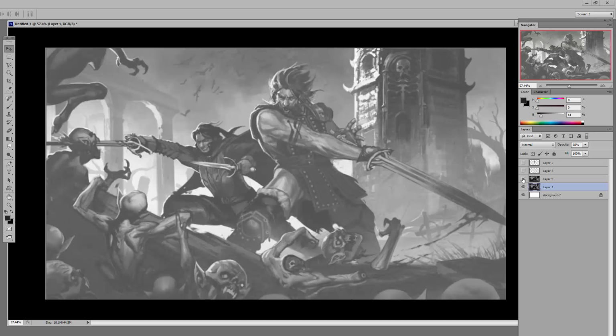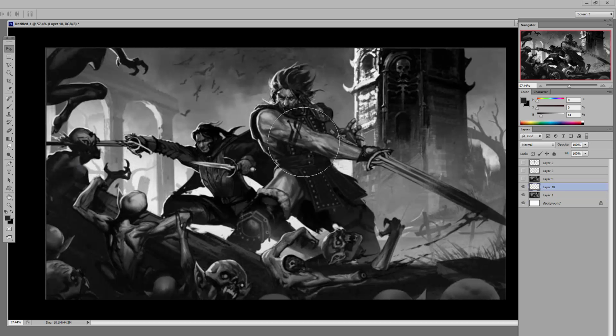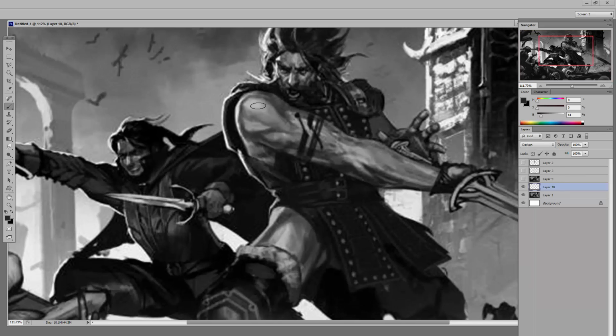Anyway, another thing was the value grouping that I talked about. Basically all I did was make a new layer and set it to darken, and the reason for that is I think the highlights in the arm area, and for the dude we have his value group and then the rim light, and I think the value group that he has is competing with the rim light that's on him.